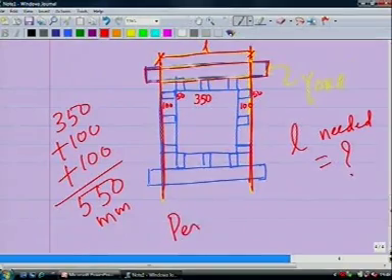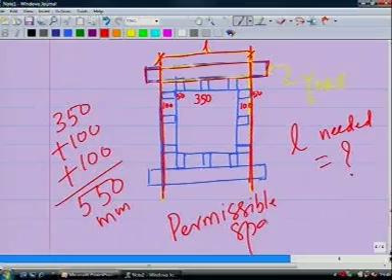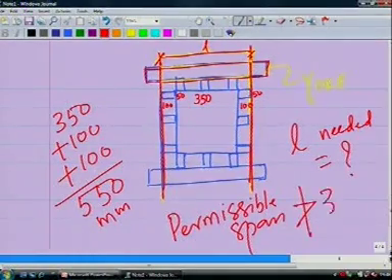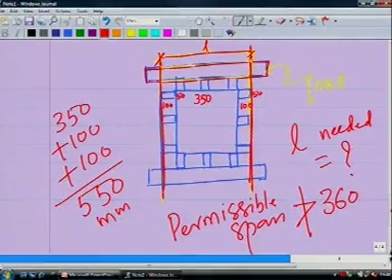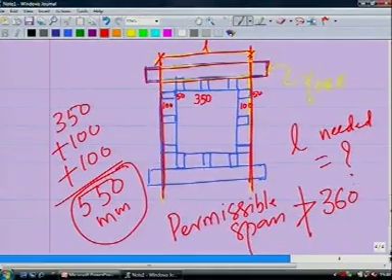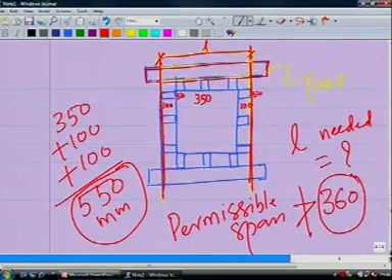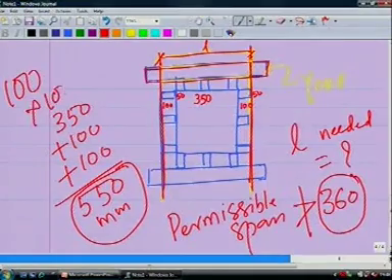What is your permissible span, technology class? This is what you have just now calculated. Cannot be greater than 360. Is this clear, technology class? So, you require 550 millimeter, whereas the maximum that you can go with 100 by 100 cross section of timber is only 360.